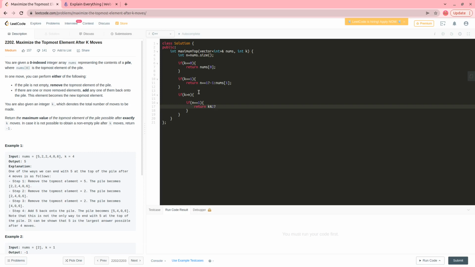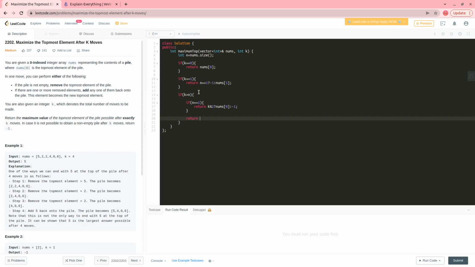If you have got an even number of moves, you will simply return the topmost element, and if you have got an odd number of moves, you will have to return -1. So this is the condition, and if n is not equal to 1, then you will simply return the max